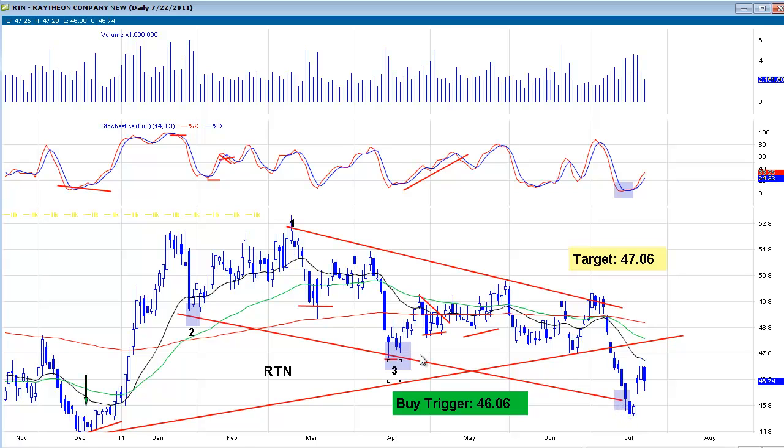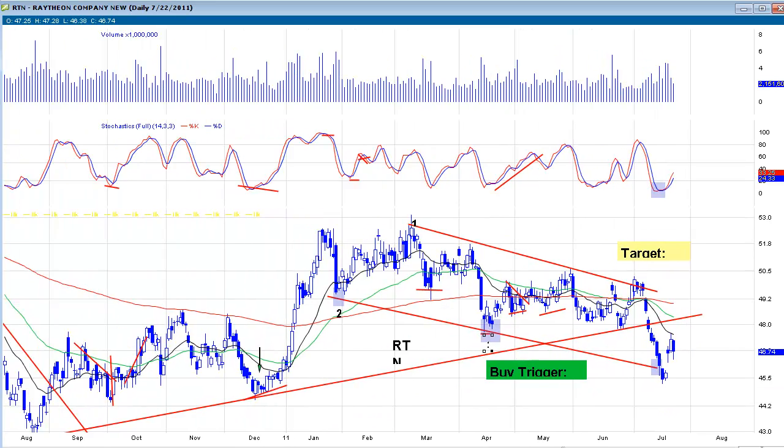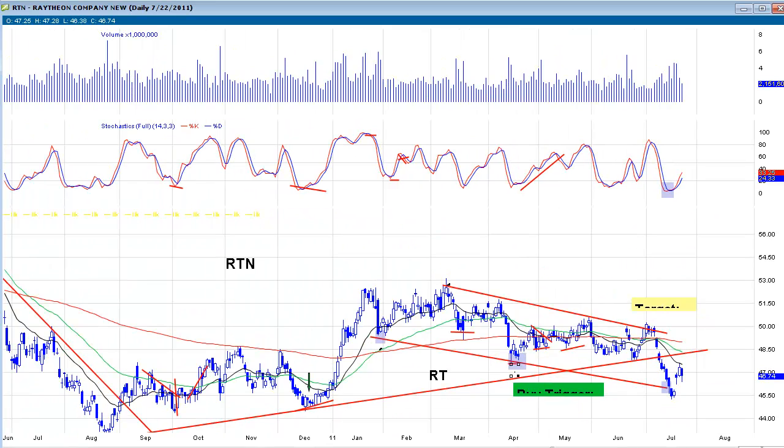And again, not to say that, oh, we broke through that line. See what happened? We kind of flushed through it and then bounced back up into it. Every so often that will happen, and that's just part of the process. And then Lockheed was the last one. So just to review,